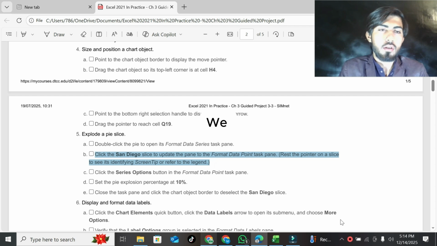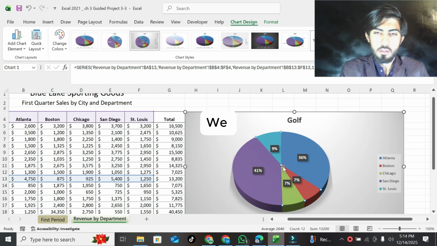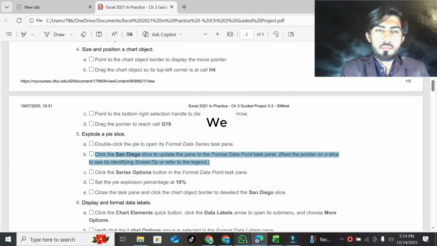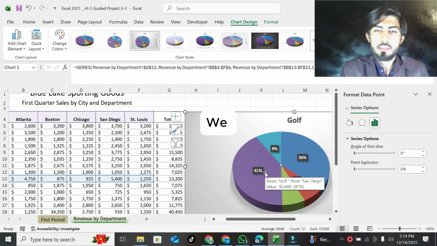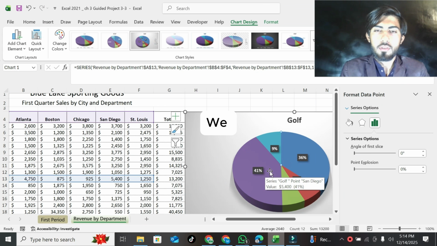So click on the chart, double-click on the chart, and the series options are opened. Click on San Diego. Okay, San Diego is selected.